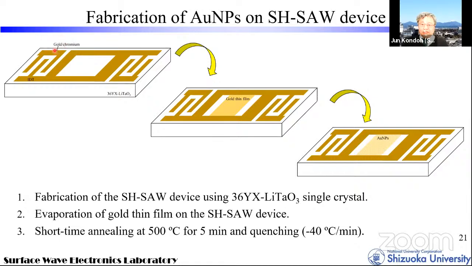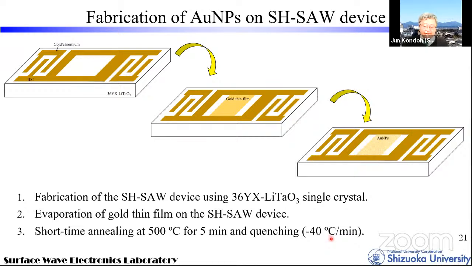Thickness of gold is around 200 nanometer and chromium is around 10 nanometer. After fabrication of the SH-SAW device, gold thin film is evaporated only on the propagation surface. Then the whole device was annealed at 500 degrees Celsius for 5 minutes, and then quenched at minus 40 degrees